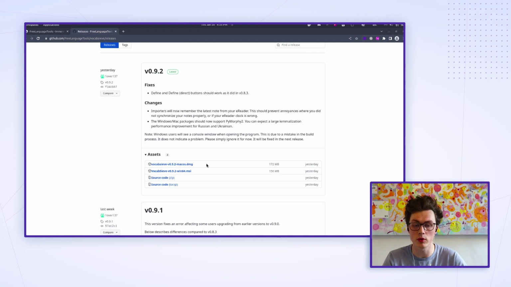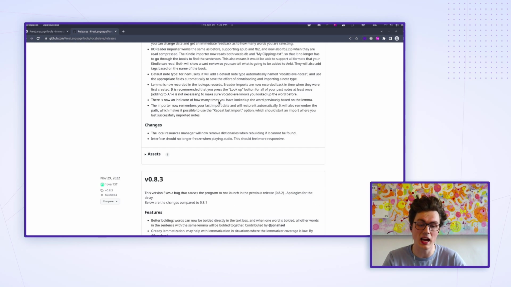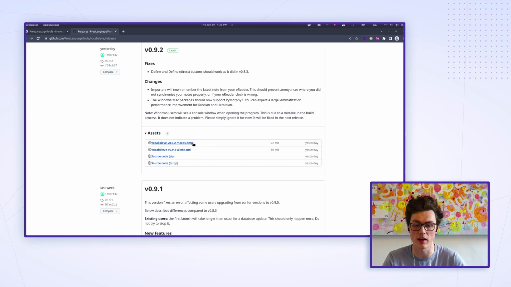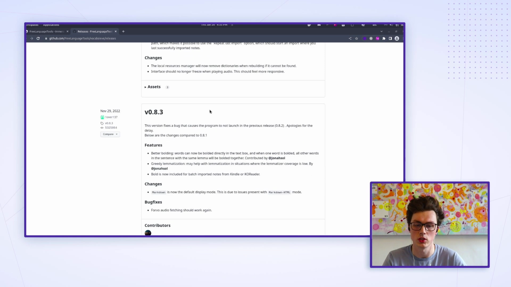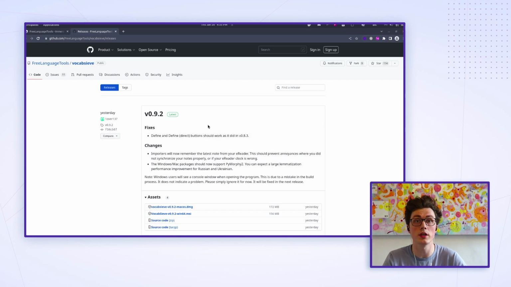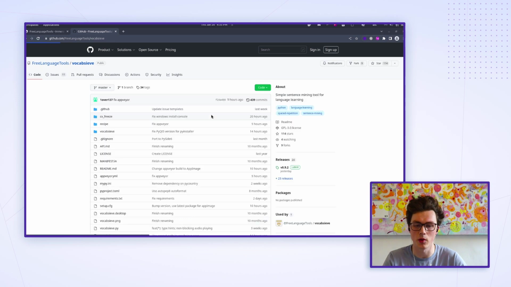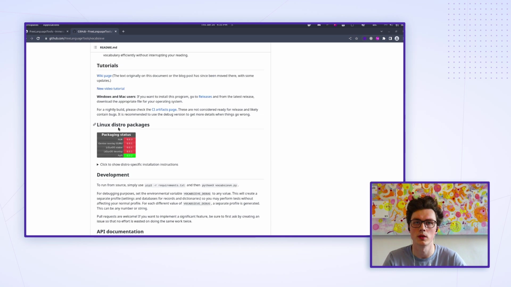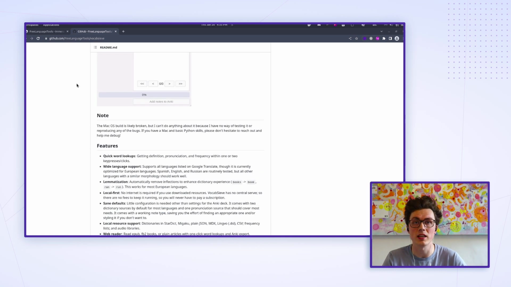Now if you're a Windows user, download the .msi, and if you're a Mac user, you should actually download version 8.3 because some users are saying that this DMG is broken. So you can scroll down here, go to Assets, and download this DMG. If you're a Linux user like me, then you can probably figure out how to install it by going to this part, and the README down here has instructions for you. So download it in the way that makes sense for your operating system, and I'll see you once you've got it set up for the first time.